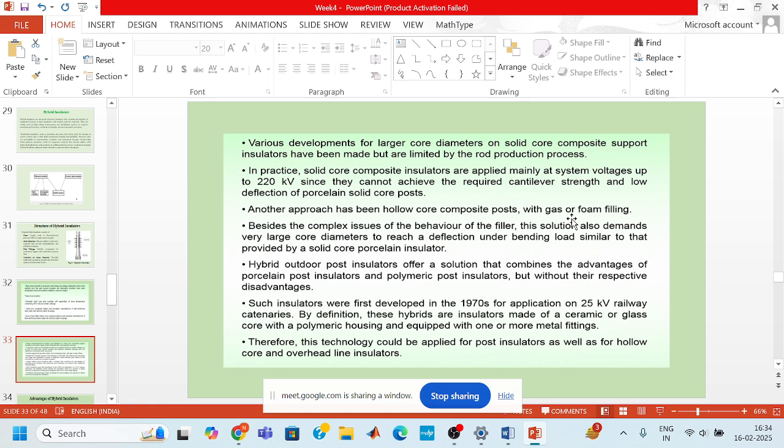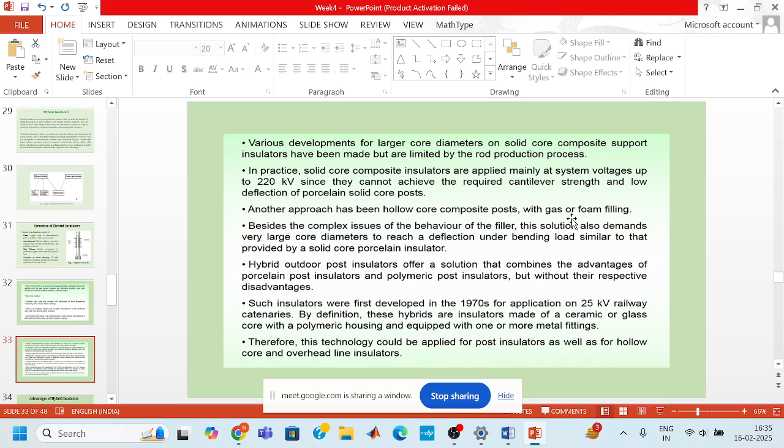So in practice, solid core composite insulators are applied mainly at system voltages up to 220 kilovolt only, since they cannot achieve the required cantilever strength and low deflection of the porcelain solid core post. So another approach has been hollow core composite post with gas or foam filling. Therefore, this technology could be applied for the post insulator as well as the hollow core overhead line